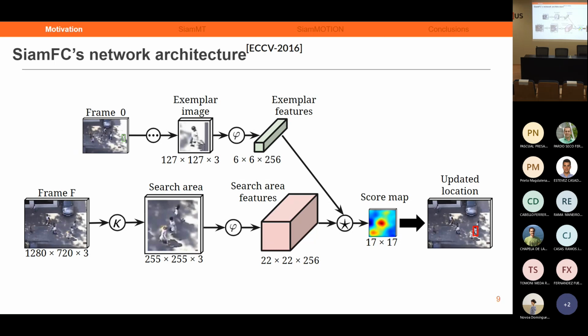And this backbone is learned by the network itself. The Siamese part is that we apply the same backbone on both the search area and the exemplar image. This allows for much better convergence of the algorithm and for it to learn fast.